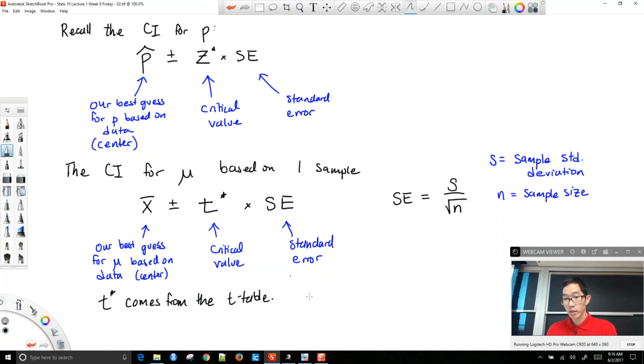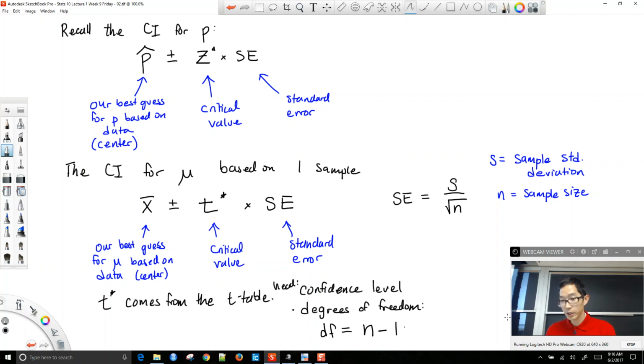And we need the confidence level, whether we want to be 90% confident, and we need something called degrees of freedom. We abbreviate degrees of freedom as DF, and DF is equal to n minus 1, one less than